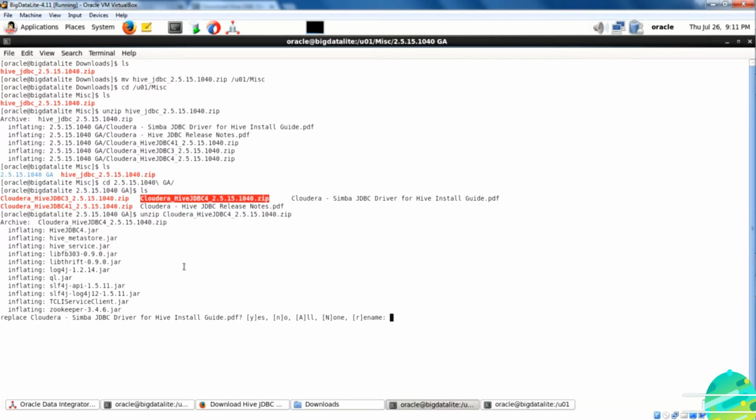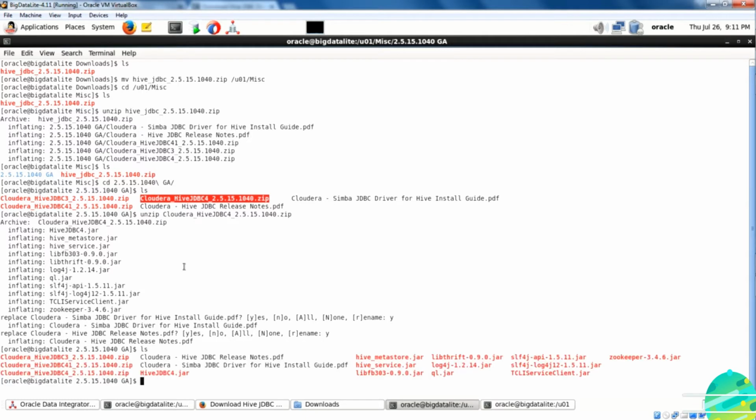You might get this message, doesn't matter, you can select yes. It will just override what is already there. Say yes and you are done here. So you have all the jar files which you will need in SQL Developer. Next, open SQL Developer.